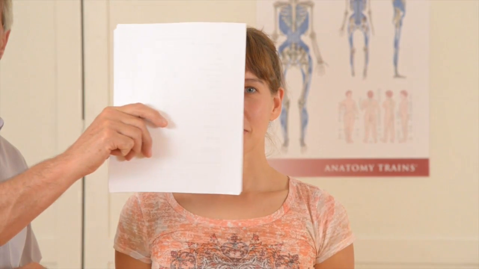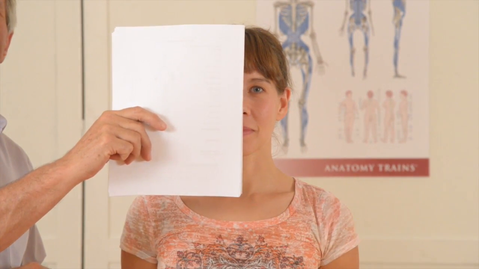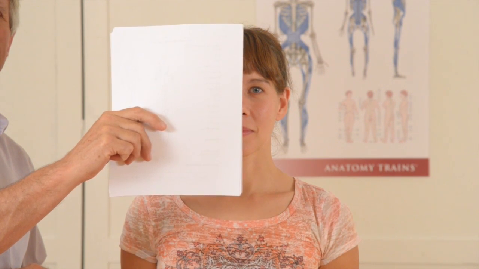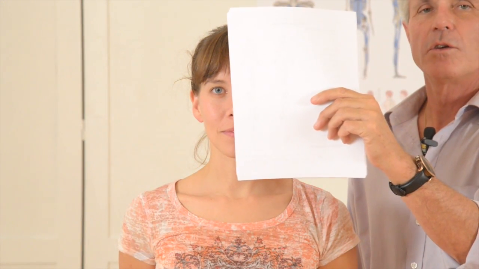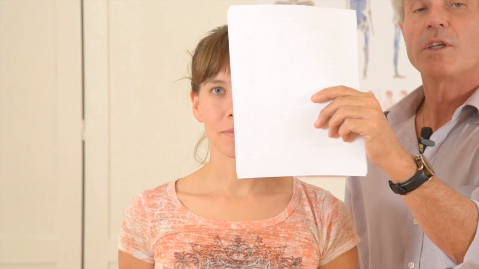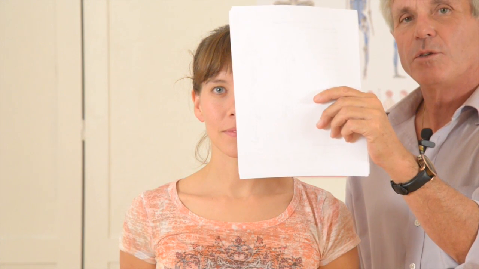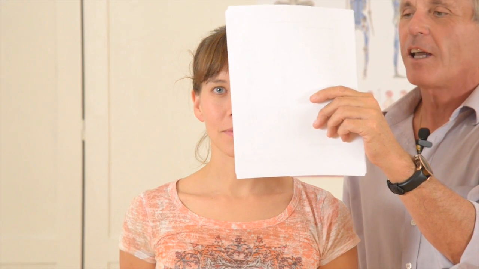So we could make this a little more of a tester or something that you can see, a little too psychological for my taste, but let's do it anyway. If we were to obscure the right side of her face so that you look at the left side of her face and imagine that you're looking at the person who lives in that side. Got that? Okay. Now we cover the left side of her face and you're looking at the right side of her face. Can you see that actually there's kind of two different personalities living in there, at least if we looked at